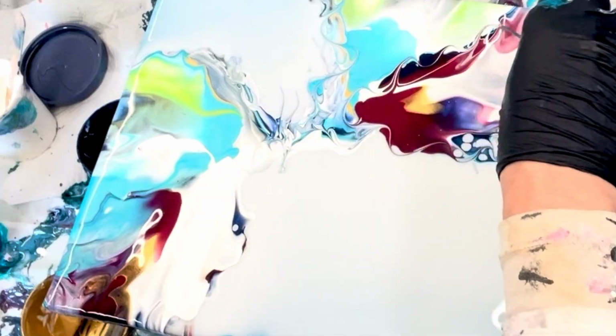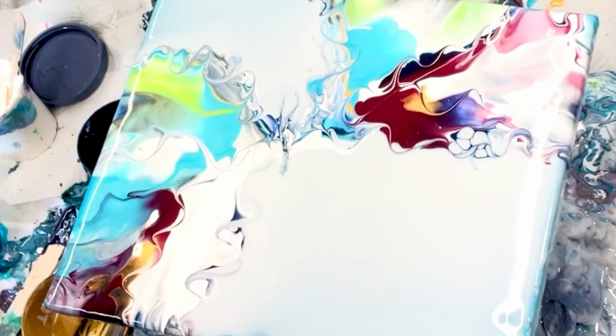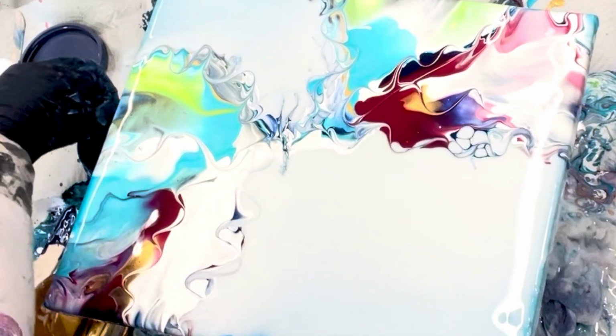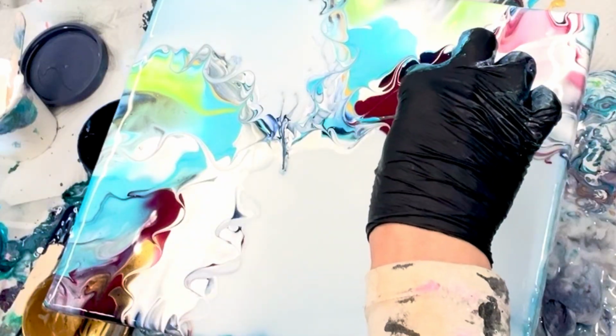I literally got a palette knife and put some red through it, and I'm going to show you what I did just now in a minute, because I'm going to add some more. I got to this stage and I put my swirls in, and I thought, actually I've got a bit too much white there, and I want to separate the colour, so I'm going to give the butterfly a little body first and some gold tentacles, and then I'm going to add a little bit more after just using my blowtorch